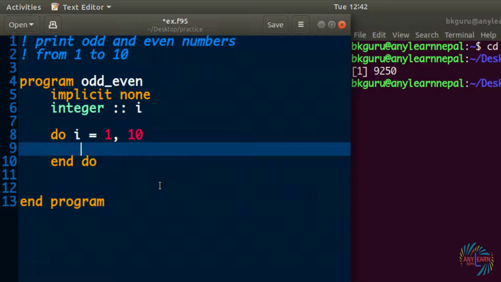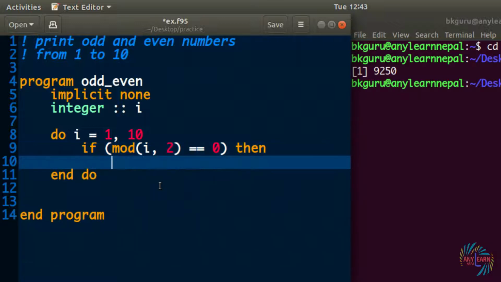And here I want to use an if statement, and I want to say if mod of i divided by 2, that means remainder of i divided by 2, gives 0, then say